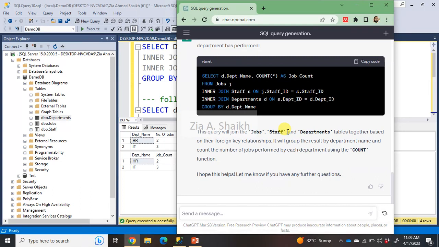generate a query based on our given schema, because so many times you will be working on a project where schemas will be already there, the database will be already there, and you just have to apply the queries based on the data and the schema. So you will need to tell GPT the schema, and GPT will generate the query or the output based on your given schema. If you are making a mistake in providing the schema, obviously your query will have the mistake in generation. So